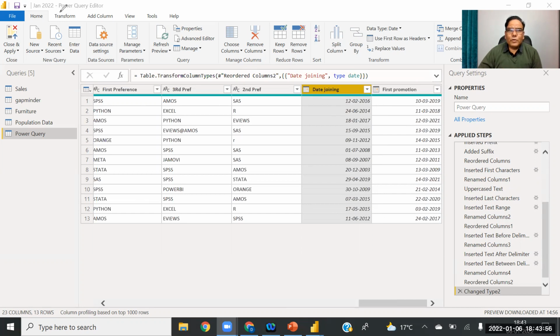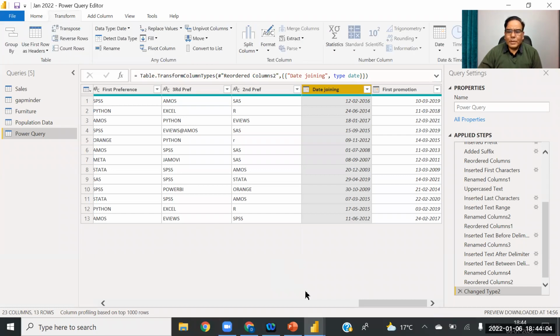To see the functions, you first need to go to Transform. Click on Transform, and when you go to Transform, you can see the functions here. This is the statistics function, the standard function, and similarly we have the date function here.